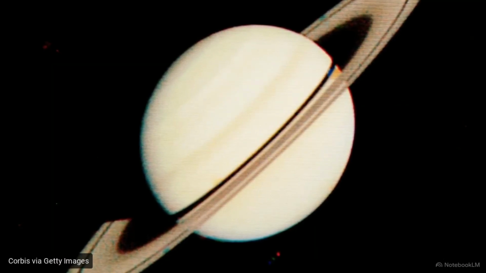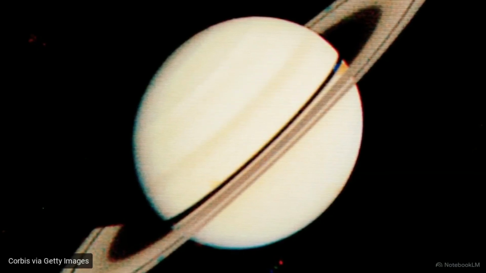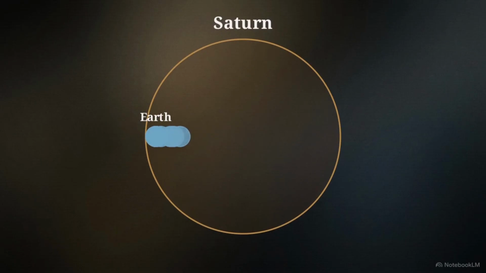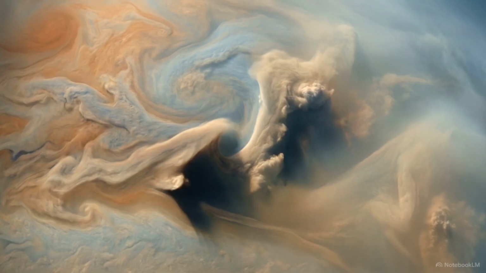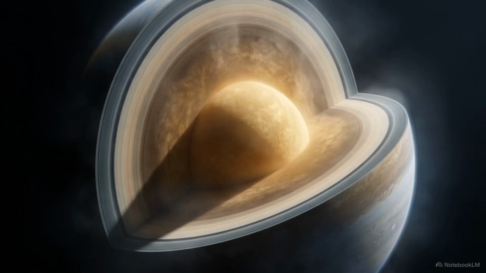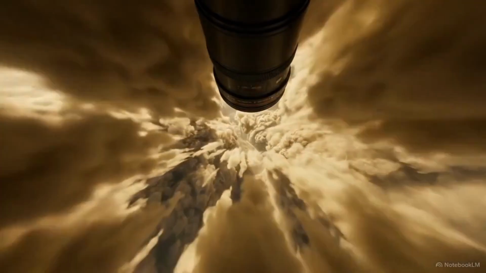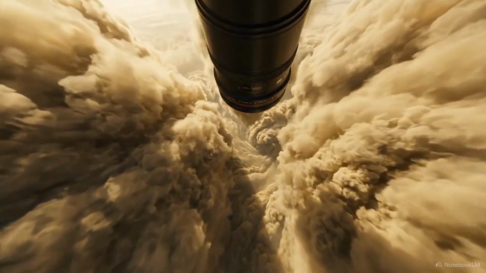When we catalog the solar system, one shape is recognized instantly: the distinct glowing rings of Saturn. The planet is 9.5 times larger than Earth, a scale that dominates its corner of the solar system. This mass is composed almost entirely of hydrogen and helium, classifying Saturn as a gas giant with no solid surface. From a distance, these gases appear as calm, muted bands of gold and beige. To find the activity hidden within the system, we have to look past this serene facade and descend into the